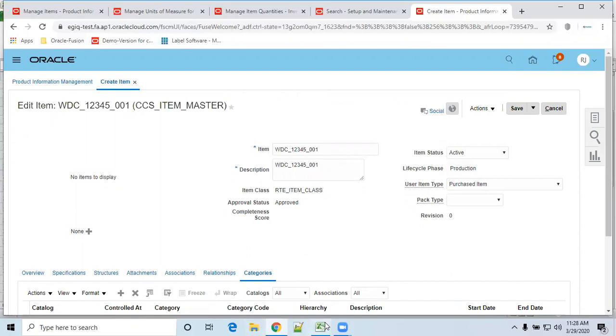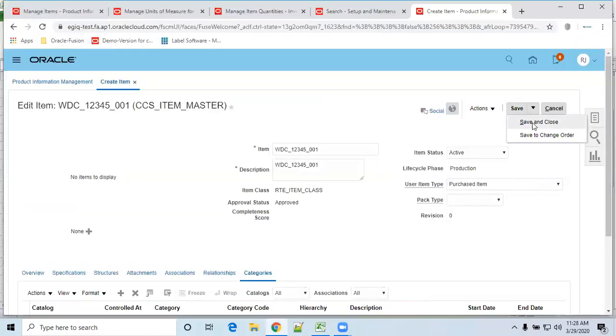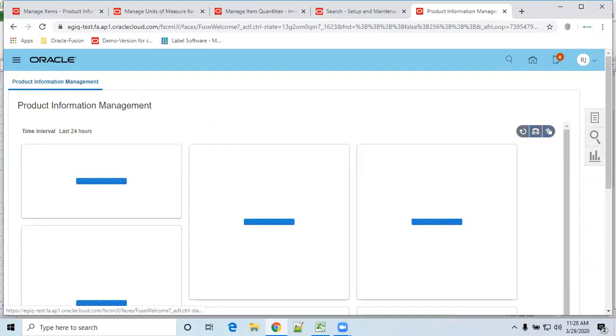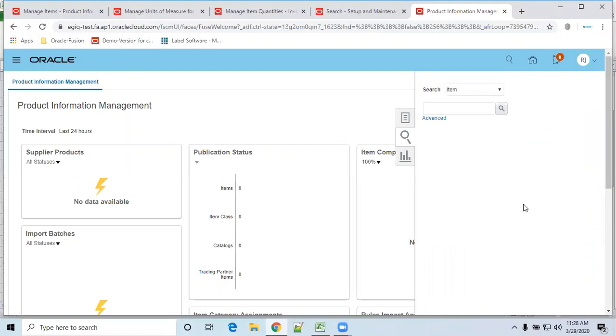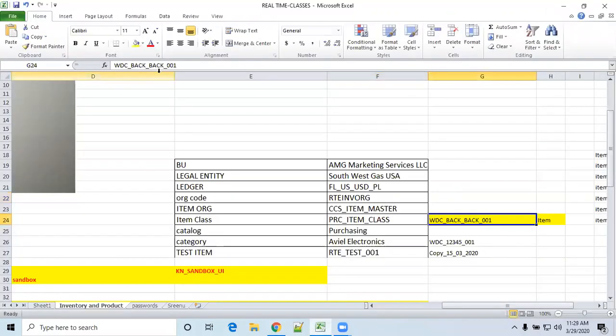So already I have one more item called WDC back to back. Now I want to make a relationship between these two. So how to do that? Save and close. Now go back and open our first item.